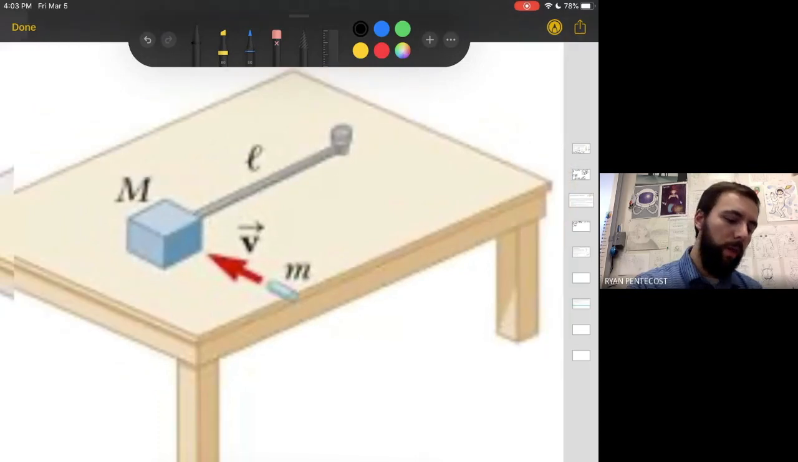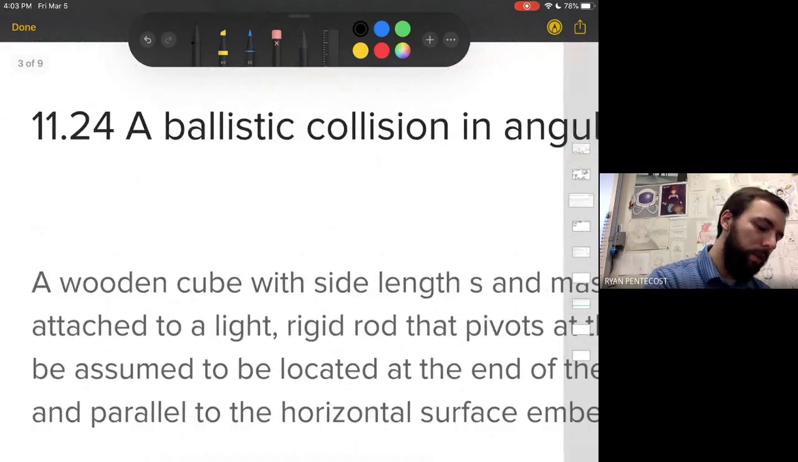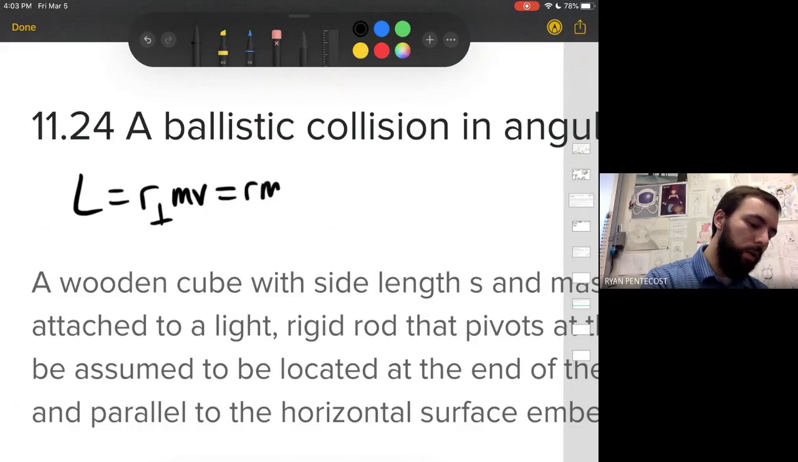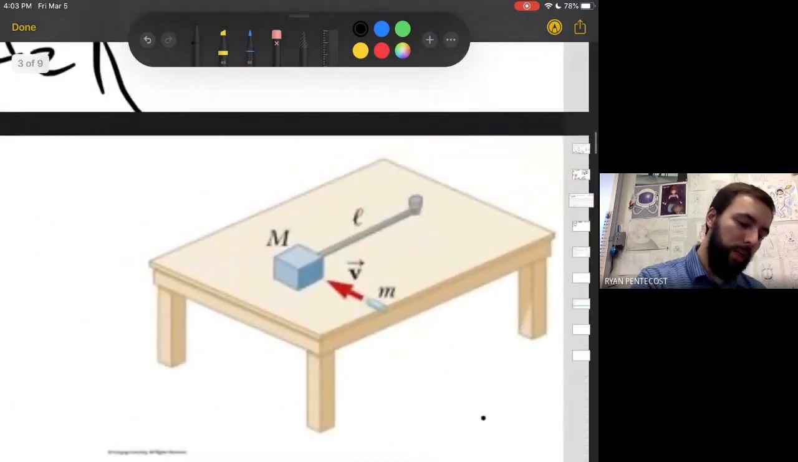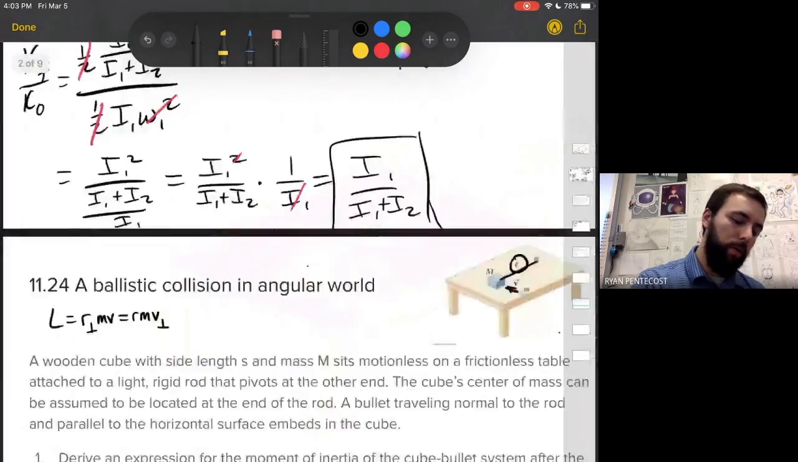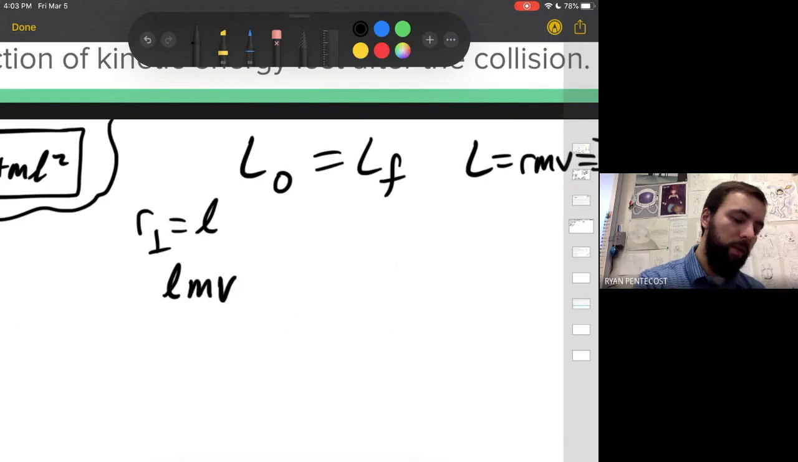for RMV. But remember that we can use the perpendicular idea, right? You can either take the perpendicular radius times the mass velocity, or you can take the perpendicular velocity times radius and mass. So we'll do just that. If the velocity is in this direction, the perpendicular radius would be right there, length L. So our perpendicular is L, so that means that our initial angular momentum would be L m v, mass of the bullet,